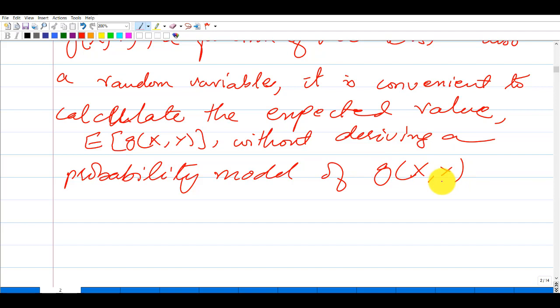So the expected value for a function of random variables